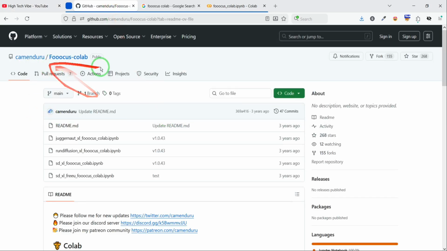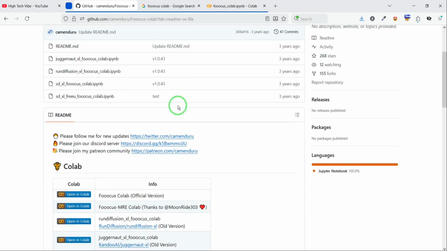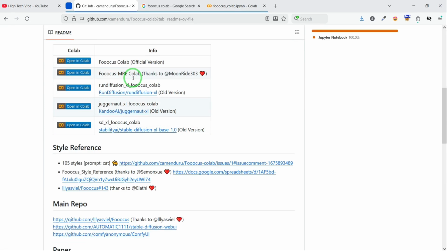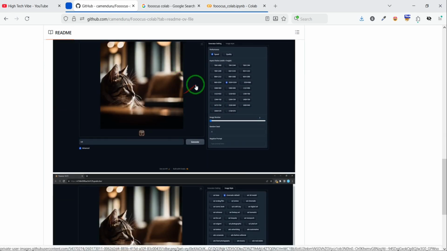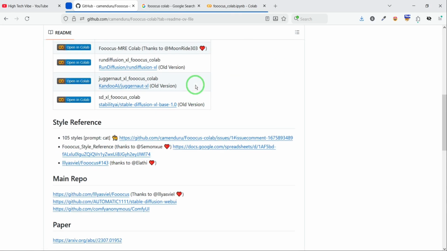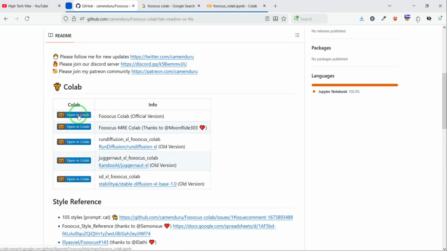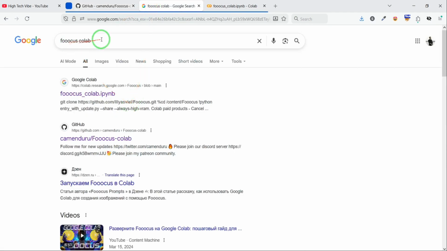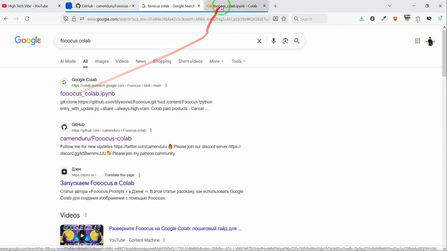For this work I use a script called Fooocus Lab, and you can use and read the documents on the GitHub page. As you can see, this script works perfectly as a local AI image generator, and you can run it on the Google Colab. In the first step, you need to type exactly what I searched for in the Google